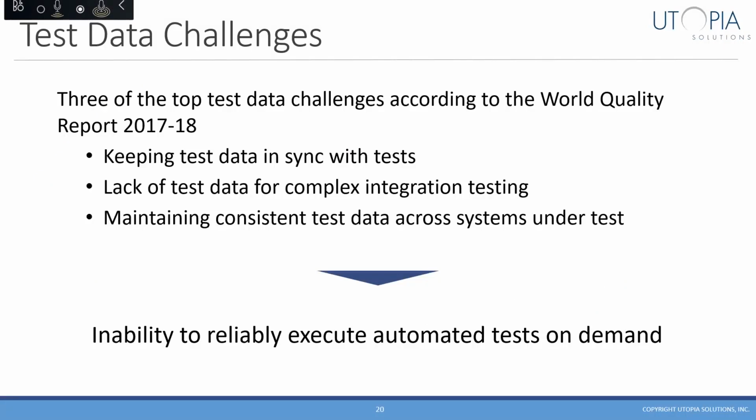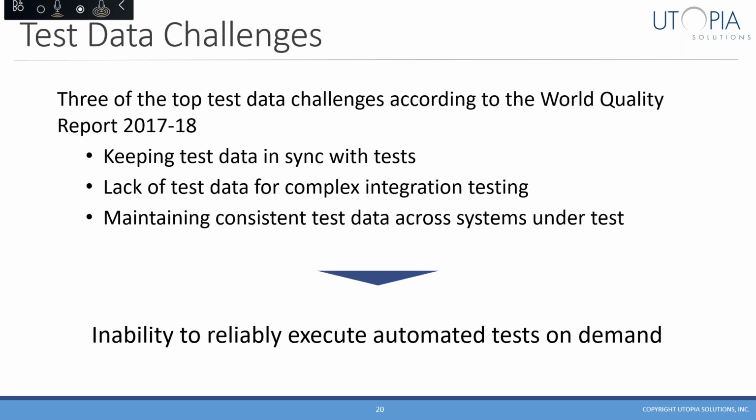So let's move on to test data. And I'm sure we can all relate stories of testing issues that we've encountered that were somehow related back to data. Again, if we look back at the World Quality Report, the biggest data-related challenges were keeping data in sync with tests. And this is a situation where the tests are inputting data that is no longer appropriate, given whatever the current state of the system under test is, or maybe the test is expecting a data response that is different from what the system is giving. And not because there's anything wrong with the system, just because the state of the data changed.